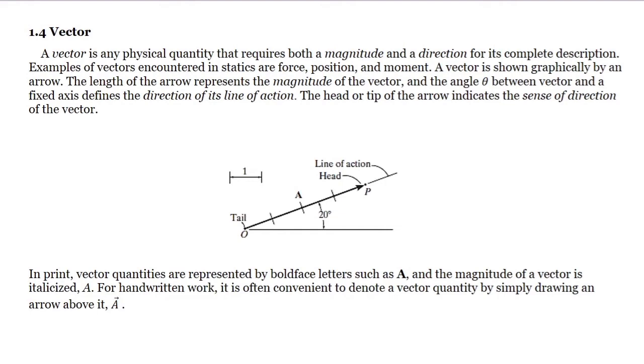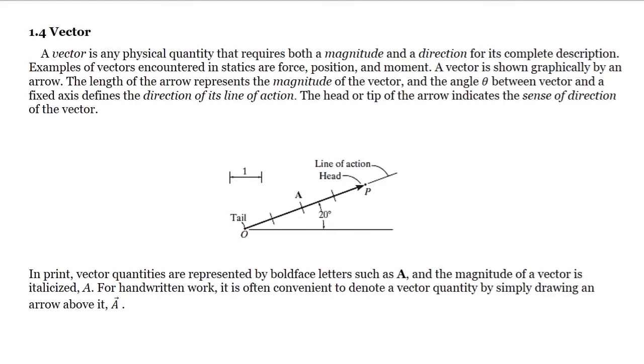The length of the arrow represents the magnitude of the vector, and the angle theta between the vector and the fixed axis defines the direction of its line of action. The head or tip of the arrow indicates the sense of direction of the vector. As we can see here in the figure,